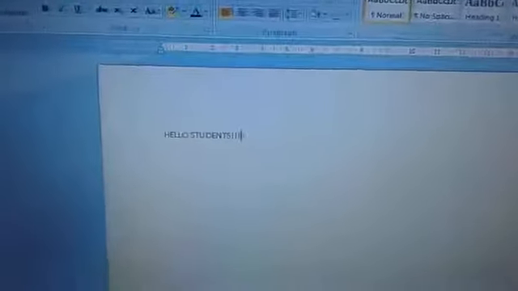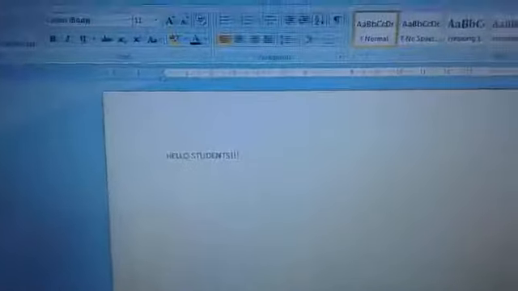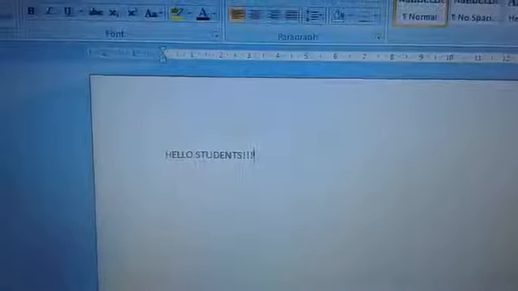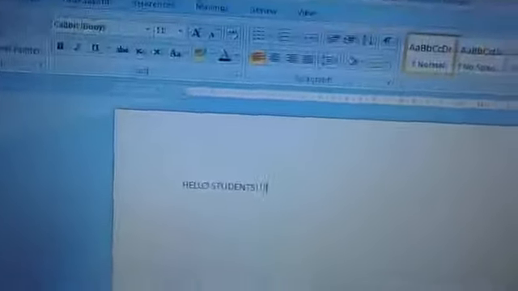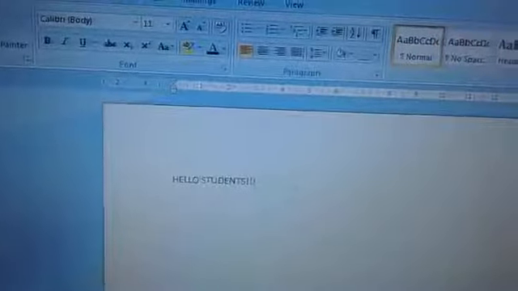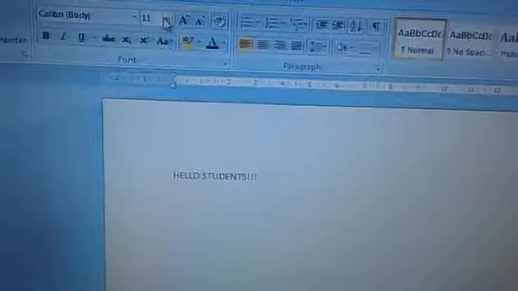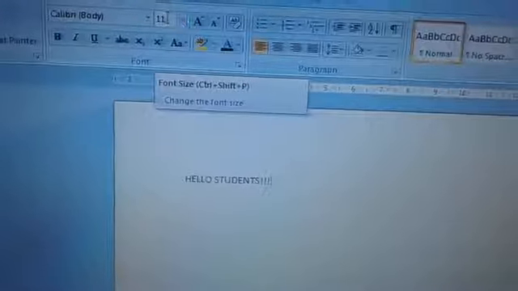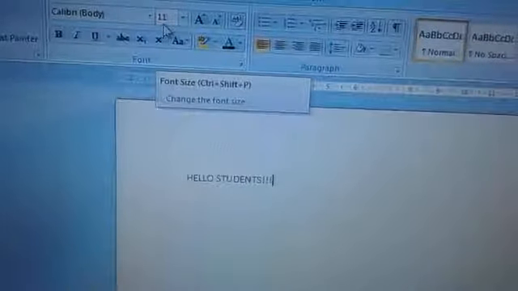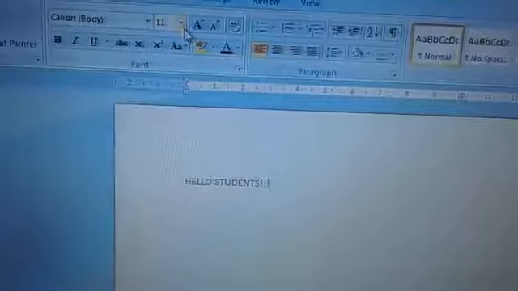So this is an MS document open. I have typed here hello students, and I want to show you this is the size. You can see here written 11 and an arrow beside this.